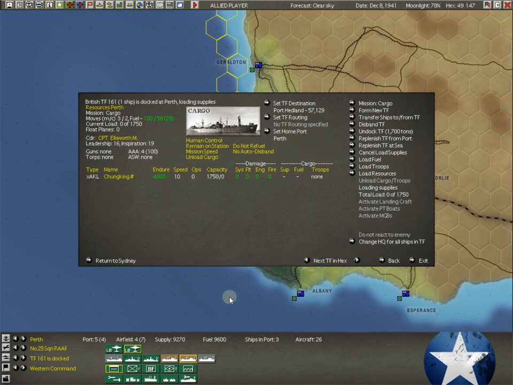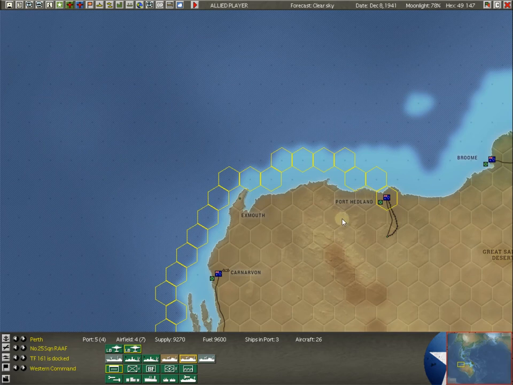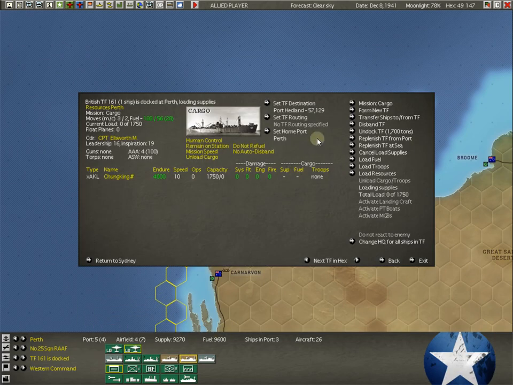This one ship, this task force made up of the Chungking, is going to go to Port Hedland. This is the only ship, there may be two or three, but this is the only ship I can remember that's doing something like this, but I will mention it. As I've told you before, we're really just worried about fuel and supplies. Oil and resources,